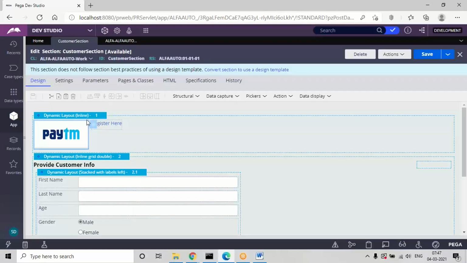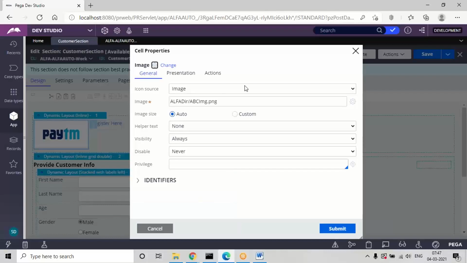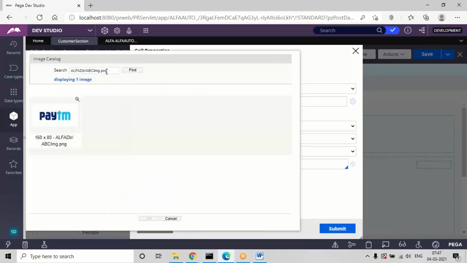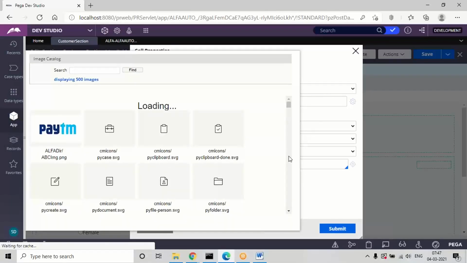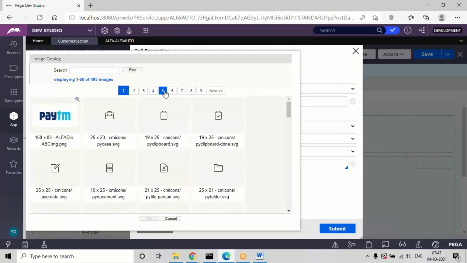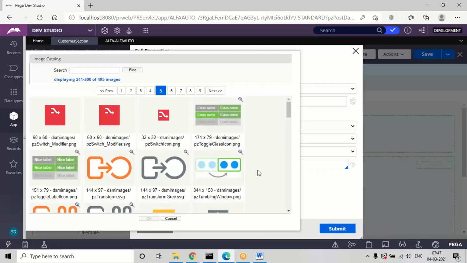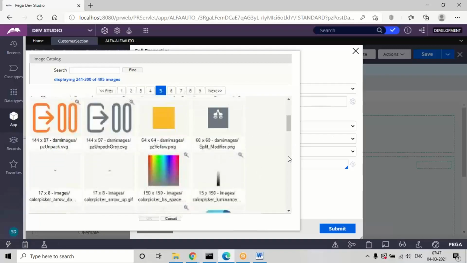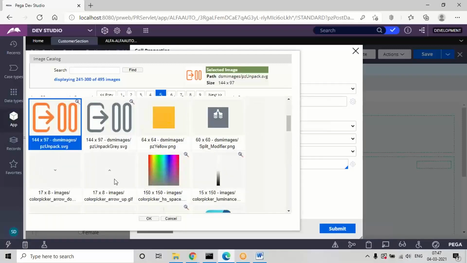If you want to update, in the same control settings you can see it again. First of all, if you want to see all the images, go to the control settings. In the settings option, if you want to load any other image, just click on the find option and replace the current image with other ones. These are some built-in images. If you load any images in the application, all the images will be available here. If you want to change any, just select the image and click on OK.